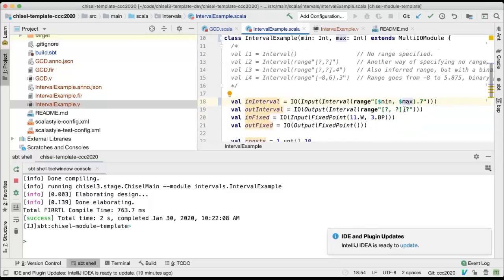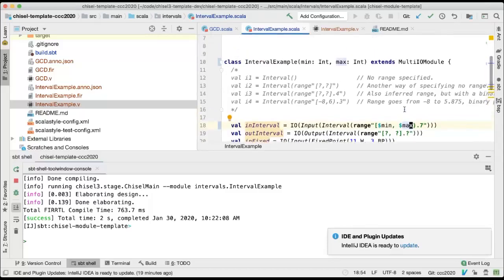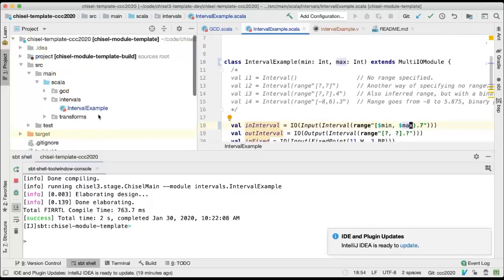Okay, great. So I'm going to move on to something else. So the other thing I've been working on are aspects. They're called Chisel aspects, and it's a way to